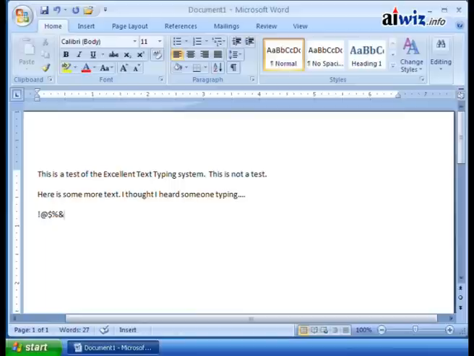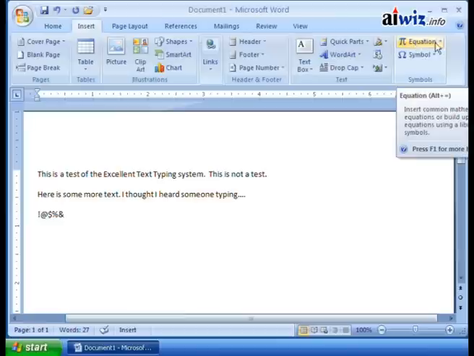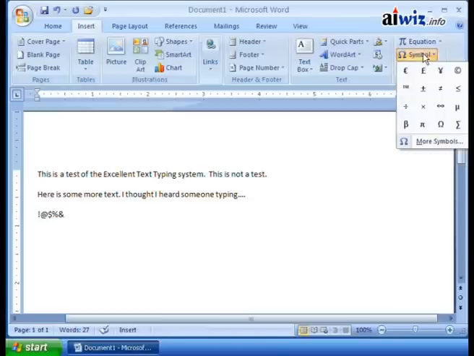But you might also want to be able to use some symbols that are not on the keyboard, like I said, the copyright, registered trademark. Maybe you want to talk about different monetary things, mathematical symbols. To do that, we're going to need to come up here to the Insert, and then over here you can see we can insert equations and symbols. I'll show you equations in just a second. Those are pretty cool. But to click on a symbol, you simply click on Symbol,